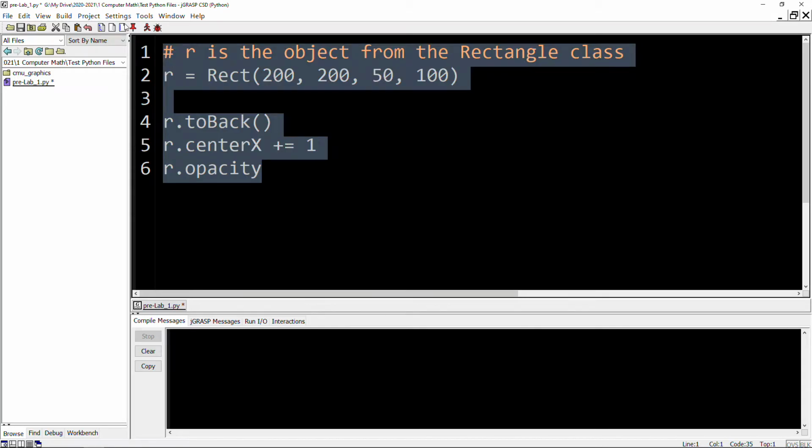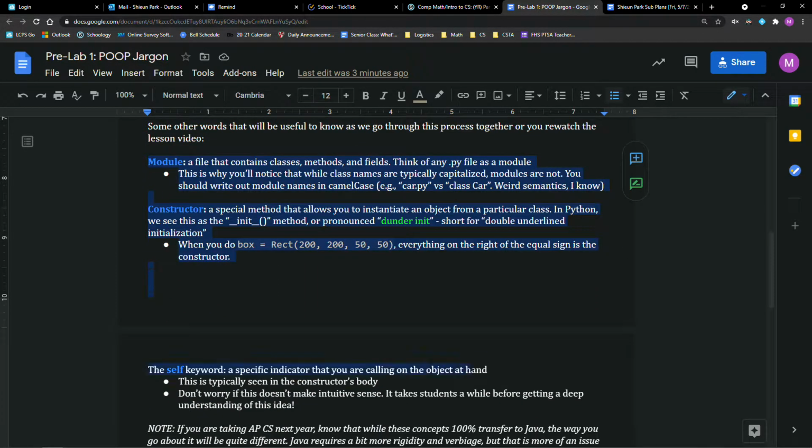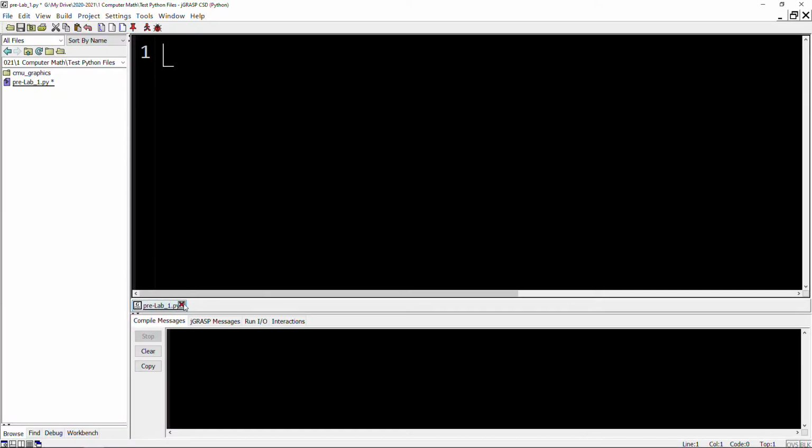So now that we've tied this all in together, I'm going to skip past these last three. I definitely skipped them in class for A-Day just because these take a while. Okay, module maybe not, but constructor itself definitely takes a while to get used to. And I kind of had to show you it all first before I explain these things, because in isolation, they don't really make sense. So let's go ahead and make the code we need to make here. For Prelab 1, we're going to make sure we can import from CMU graphics, import the star, which means we're going to import.